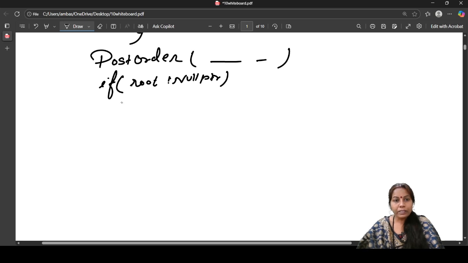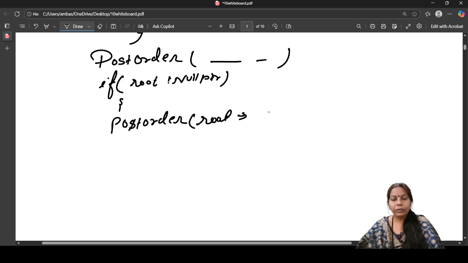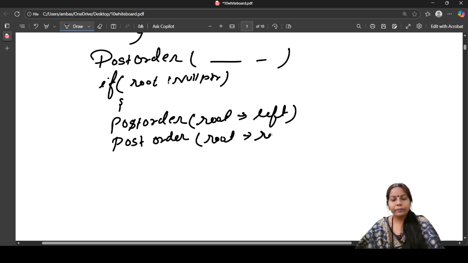Okay, so in this case at first this will visit your left node, then right node. Post order: at first this visits your left node, now again this post order, and this visits your right node, then last this prints your root.